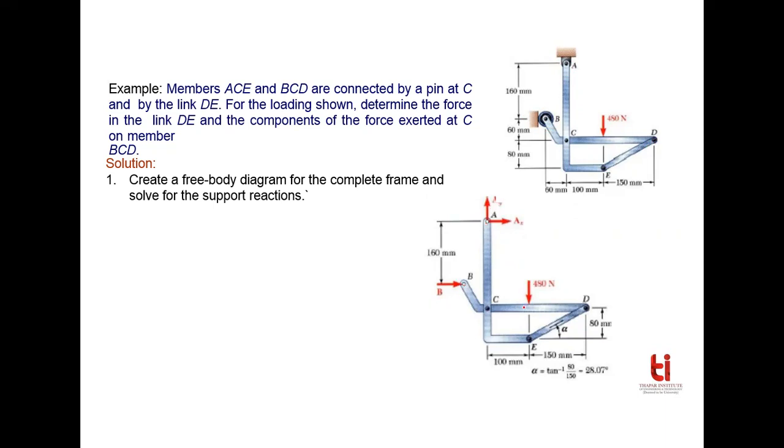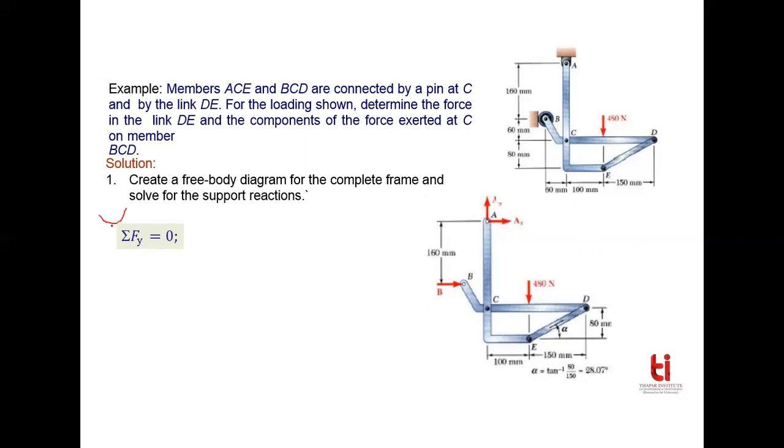This is a roller support, this is an external force, and this is a hinge support. It is our thumb rule that if there are 2 supports, one roller and one hinge, then we always select the hinge support to apply the moment balance equation. So in this way we will apply the moment balance about point A, and horizontal and vertical force balance are very obvious, you can easily apply.